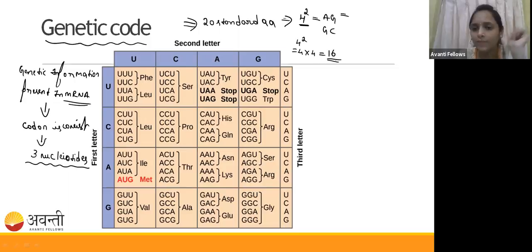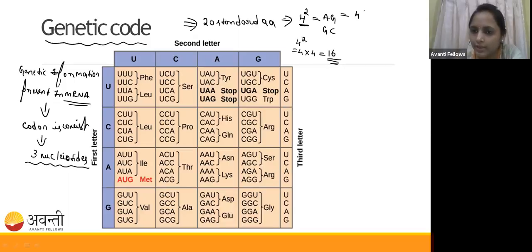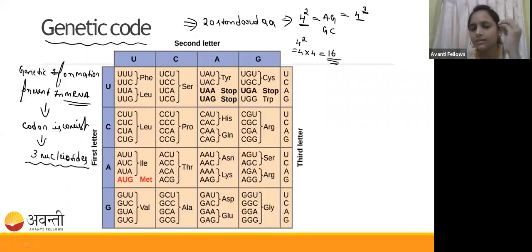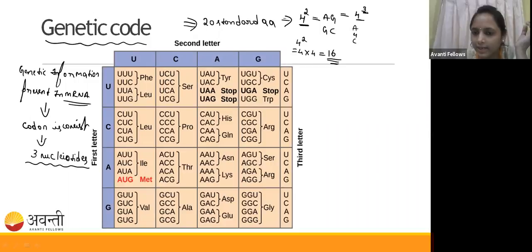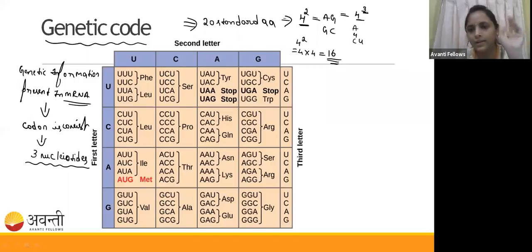But we have 20 amino acids, right? Now it is not possible with only 2 nucleotides. So then what will happen? You can see 4 into 3, so 4 to the power of 3. Here, 4 nucleotides, and 3 is the number of nucleotides we are going to add. What are those 4 nucleotides? That is adenine, guanine, cytosine and uracil, that you see in the mRNA.